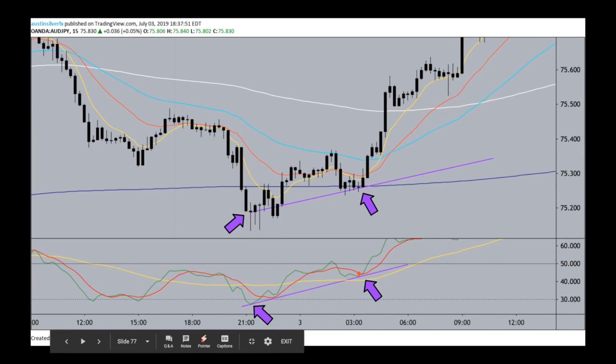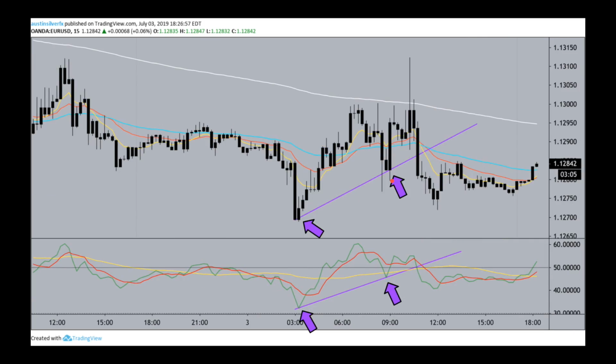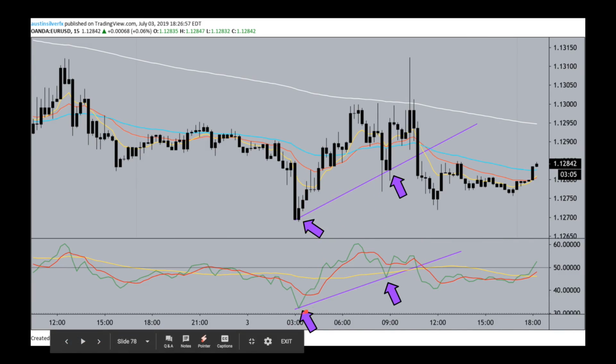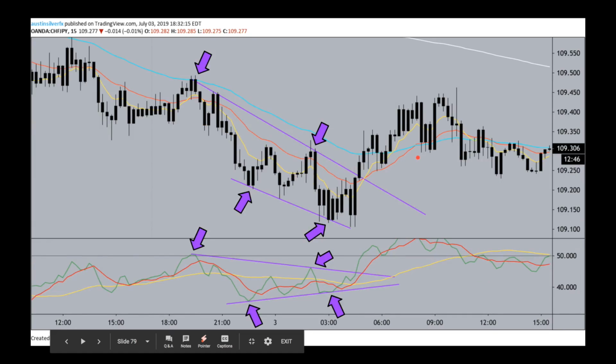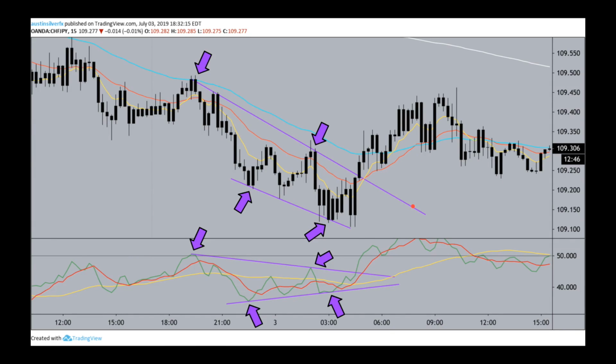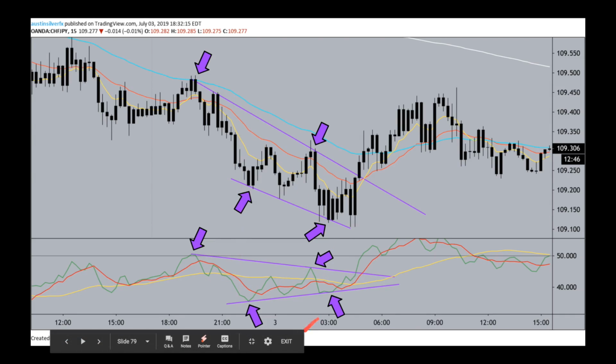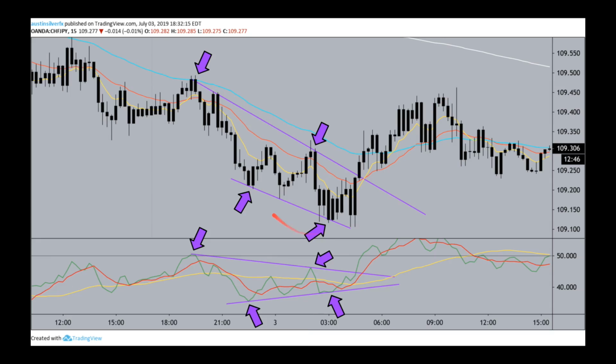Here another one, RSI moving higher left to right, price action moving higher left to right. That's a signal to us that we can connect those points and draw trend lines. Again, another example here, higher left to right, higher left to right. You get the point, right? So now, combining the divergence, combining the analysis of these trend lines and triangles, we can start to identify every type of formation that we need to. You can see the wedge that forms here on the RSI, and you can see the wedge that's slowly starting to form here on price action. Notice how when the RSI breaks out of the top of the wedge here, price action does as well, and that's when we see the move out and higher from there.